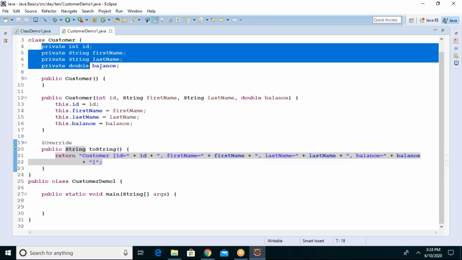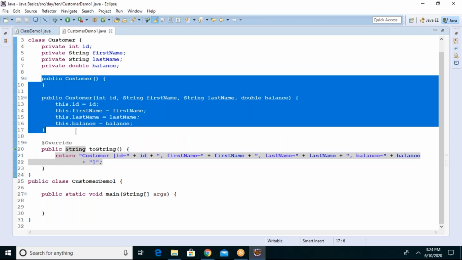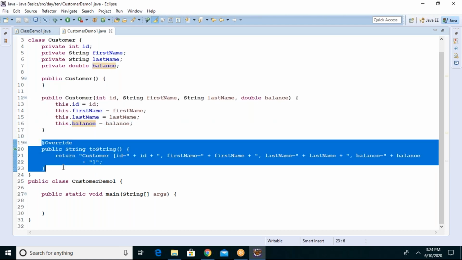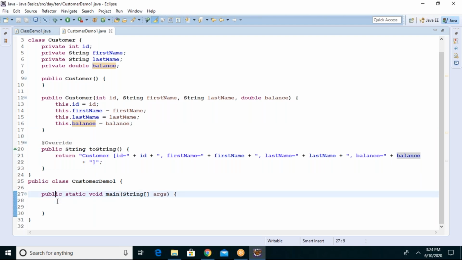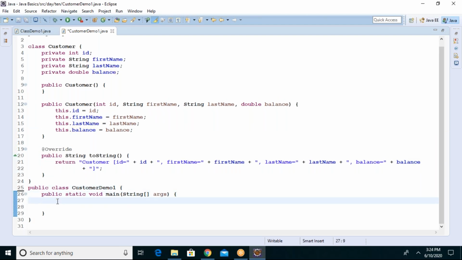So now I have variables to store the data, constructors to create the object and store values, then the toString method to print the values of the object. Now I will create one object of Customer, guys. Customer1 equals new Customer, 100 as the ID number.